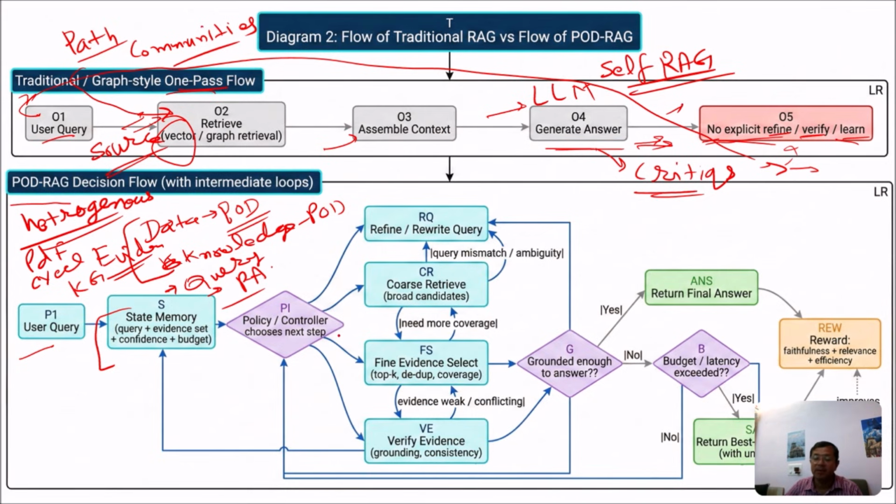Now the main process starts here. It will go to the policy controller, that is the main brain of this system. The policy controller's task is, first, it will select the coarse retrieval policy. It will check whether our knowledge pod and data pod contain the right set of documents or not. If they contain the right set of documents, it will identify inside the data pod and knowledge pod, it will extract